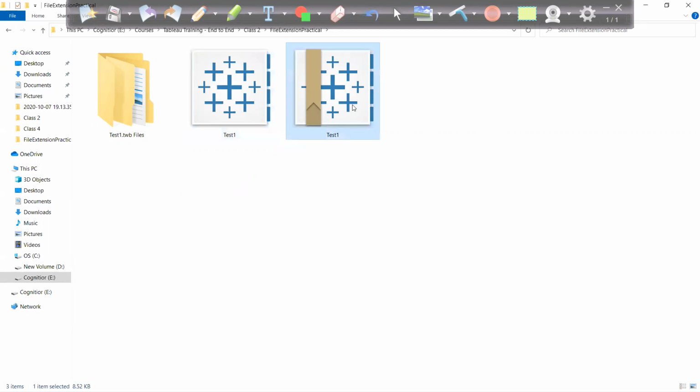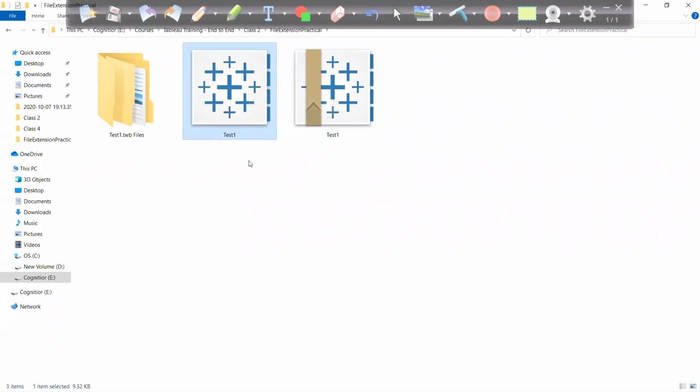For a TWBX file, the source goes along with it. That's why I can open that particular file. So from a security point of view, if you are passing this file, I'm okay with that. Suppose Rishabh does not have access to my data and I'm sending it by mistake to him.